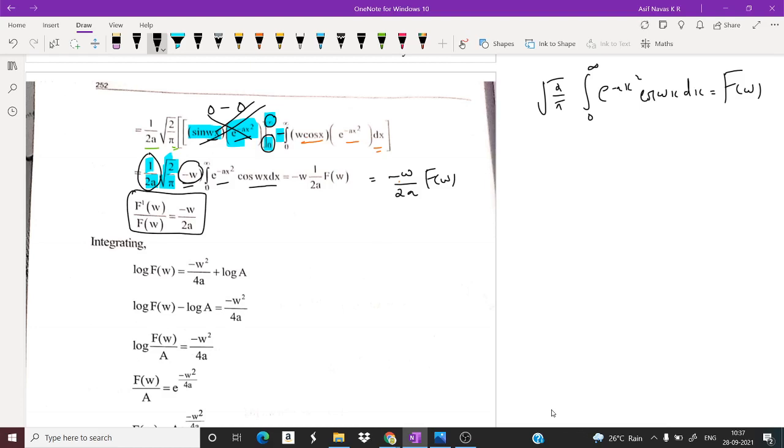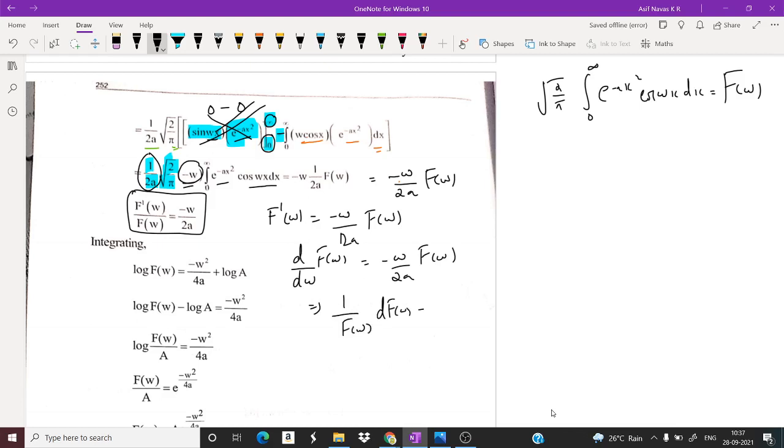So I am getting a differential equation of the form d of f omega is equal to minus omega by 2a f of omega. So that is d by d omega f of omega is equal to minus omega by 2a f of omega. That is 1 by f of omega d f of omega is equal to minus omega by 2a d omega. So if I am integrating on both sides, 1 by f of omega